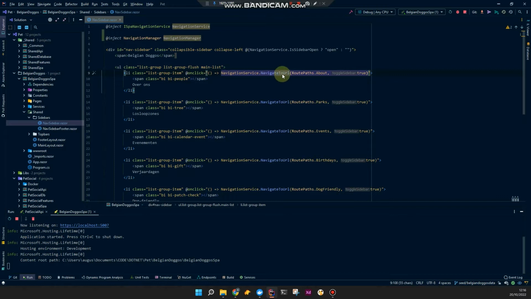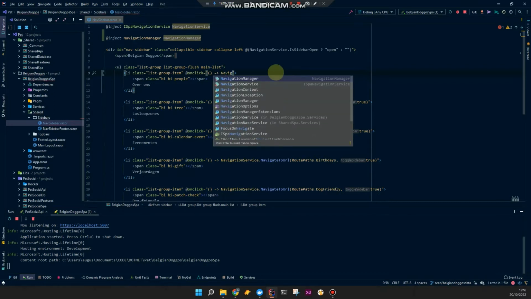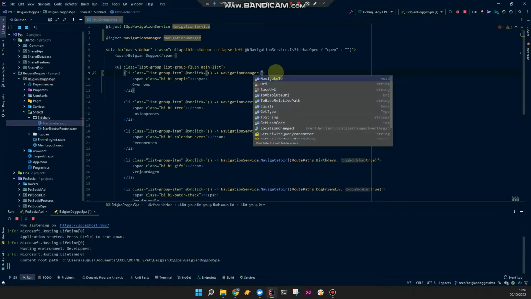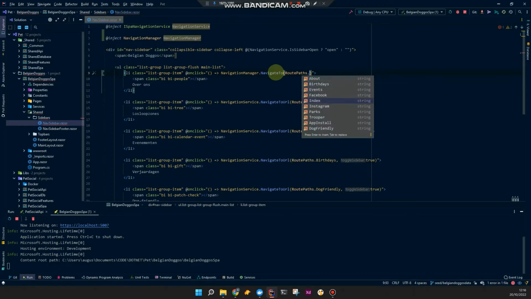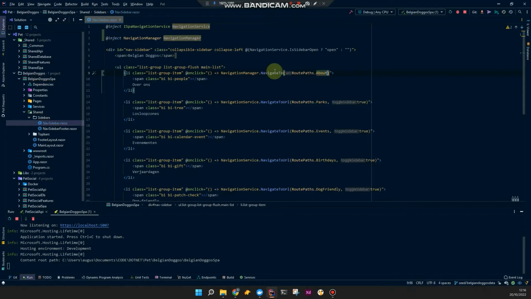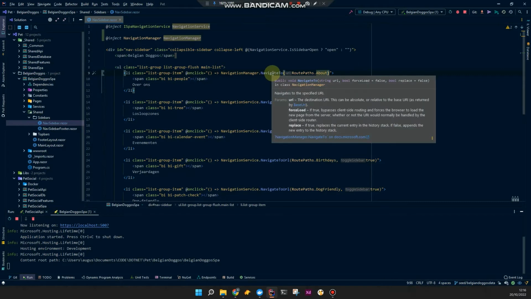So I'm doing navigate to URL, so I could say navigation manager dot navigate to, and then pass my constant string. Let's say the about page. And it has some more parameters, force reload and replace. The force reload you could use